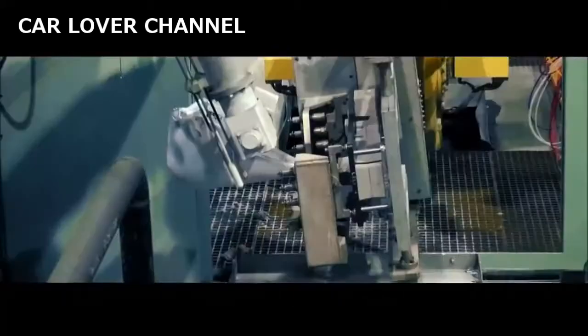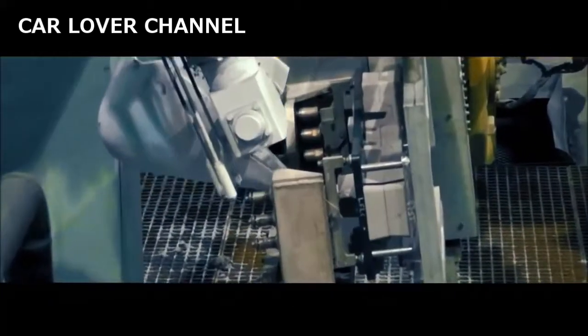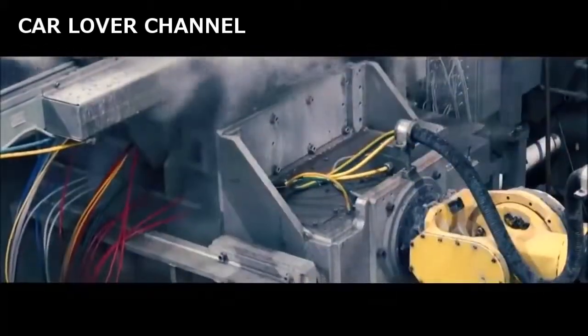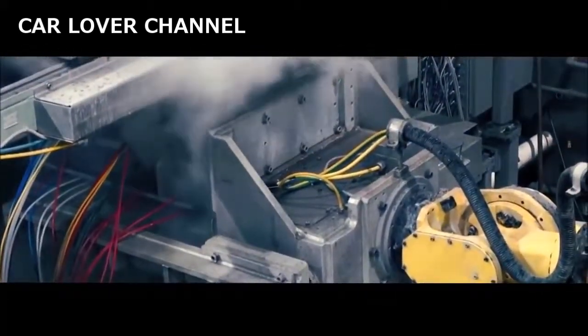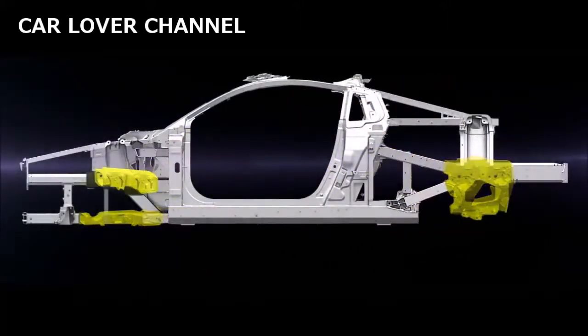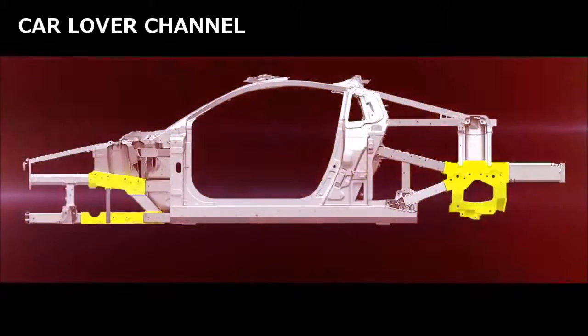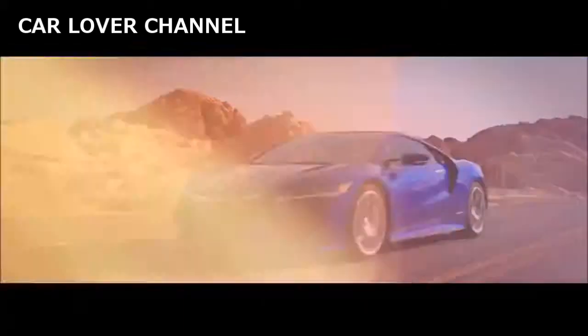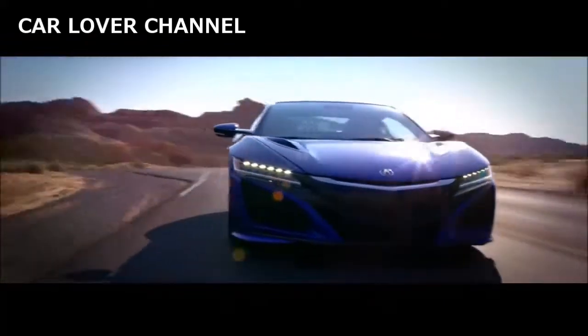We pour molten aluminum into that sand mold package. Within 12 seconds, we're spraying water on that, and we're getting water right to the molten aluminum. It's the fastest way you could possibly cool molten aluminum. It's faster than any other casting process, so that rapid cooling is what gives it the strength properties that we were looking for. The result is super lightweight parts of superior rigidity and an unprecedented level of flexibility in the